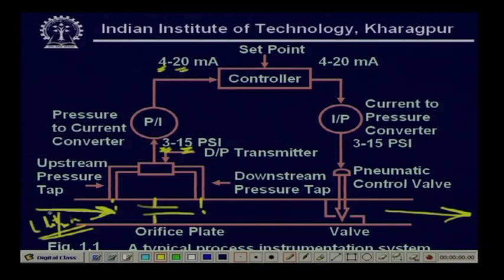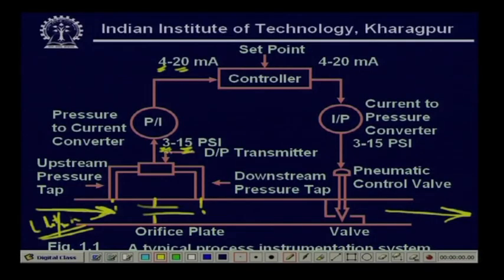Whatever the range of the flow, it does not matter, because accordingly it will be, because this will remain constant. It might be a huge flow, it can be 10 to the power 5 liter per hour, as in a power station or water pumping station, where a huge amount of liquid is flowing, or in some narrow pipe where it is a few liters. It does not matter. The converted range will always be 3 to 15 psi for the pneumatic signal,